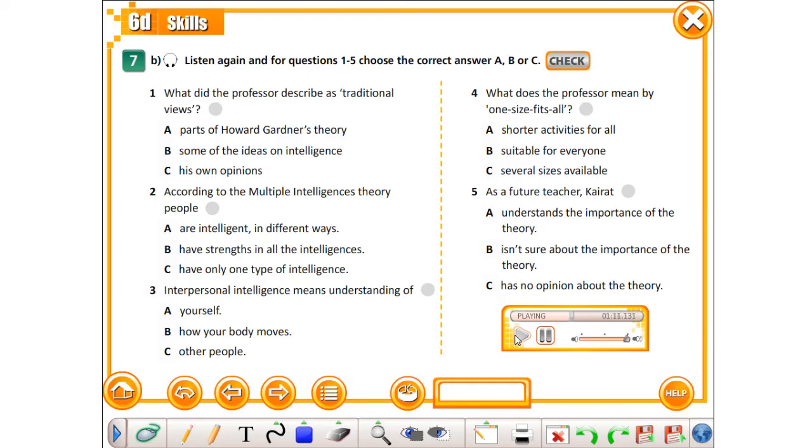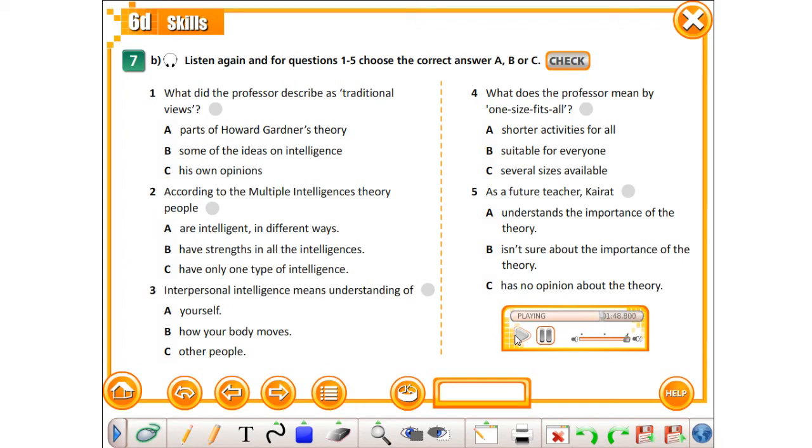Verbal linguistic intelligence refers to the ability to use words. Logical mathematical intelligence is the use of numbers and logic. Musical intelligence is about music, rhythm and tone. Spatial intelligence has to do with one's ability to view images and shapes in their mind. Bodily kinesthetic intelligence is how one uses their body to do things. Naturalist intelligence is an ability to understand the natural world. Then there are the emotional intelligences. Interpersonal, an ability to understand others, and intrapersonal, knowing yourself.